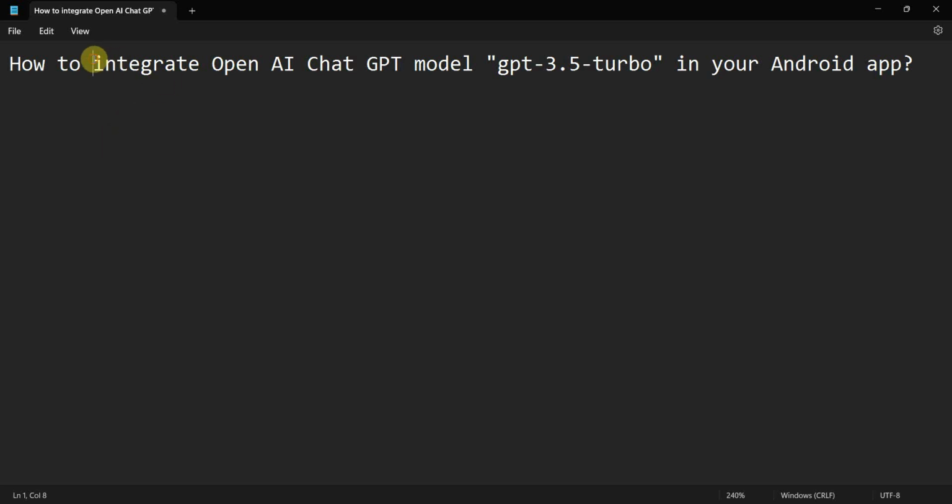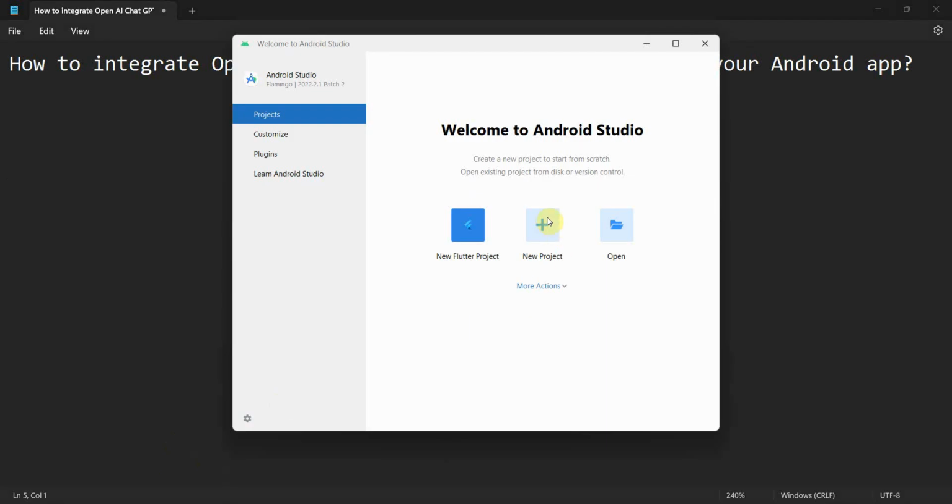In this video, we'll see how to integrate the OpenAI ChatGPT model, the latest one. I think the latest is GPT-4, but still GPT-3.5, in your Android app. So let's begin. We'll create a new project